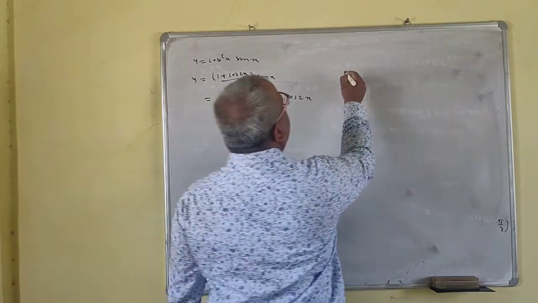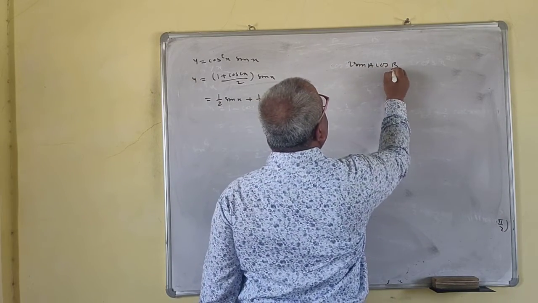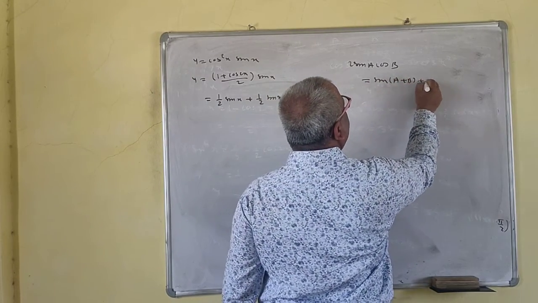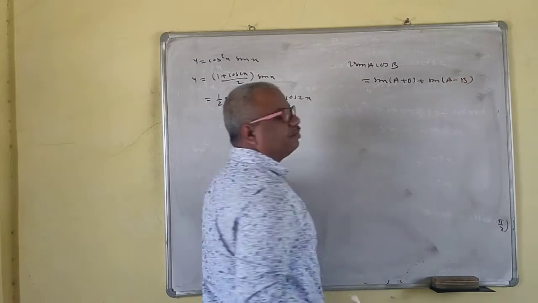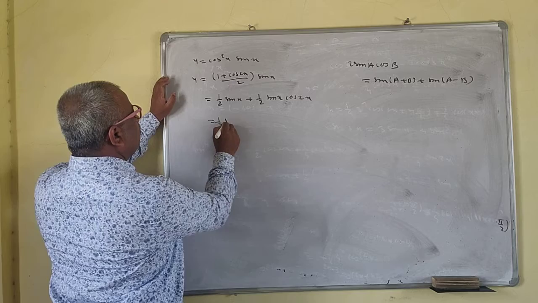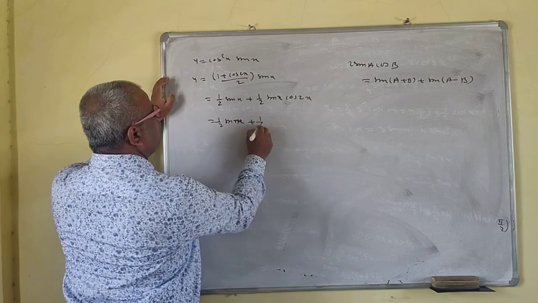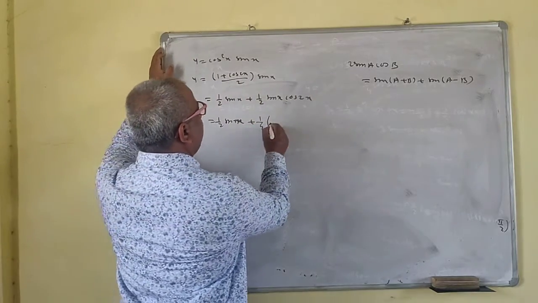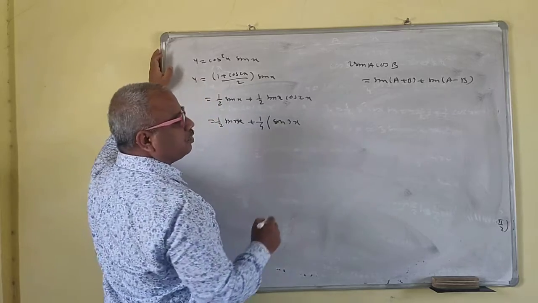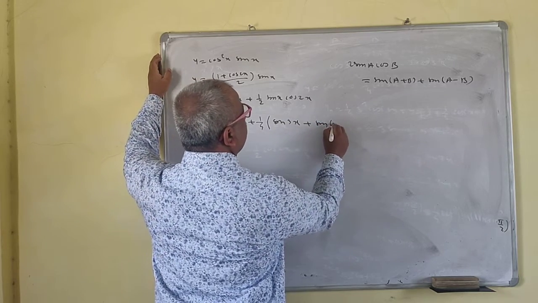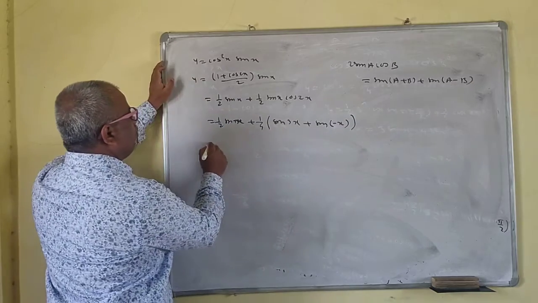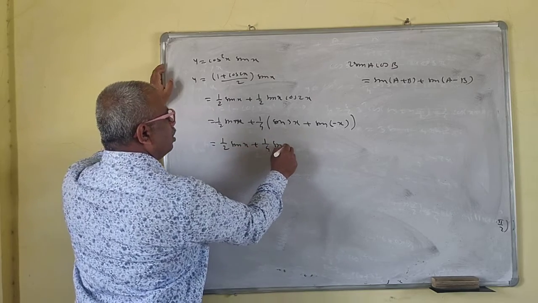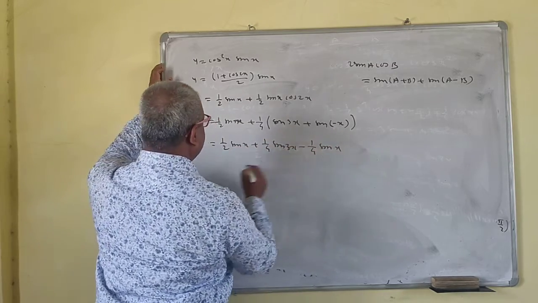So you know the formula for 2 sin a cos b. That formula you should know. This is sin of a plus b plus sin of a minus b. This is very important here. So this is 1 half sin x plus 1 by 4, you have to write the 2 sin x cos twice x in this. So sin a plus b is sin of 3x, plus sin of a minus b is minus x now. Sign is very important. So now this is half sin x plus 1 by 4 sin 3x minus 1 by 4 sin x.